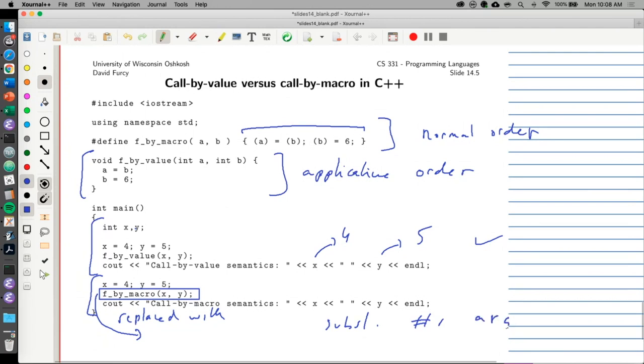The arguments, the x and the y, are substituted into the parameters in the body of the macro. So what that means is you take this body and the a becomes an x and the b becomes a y everywhere. That's substitution number 1. And then substitution number 2,